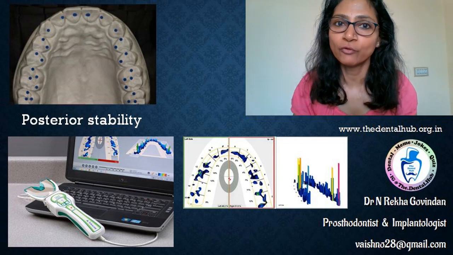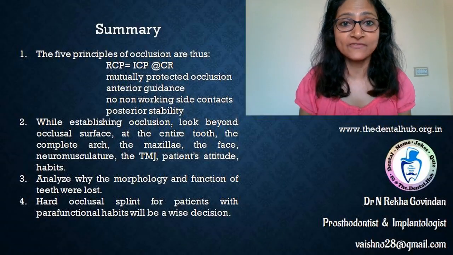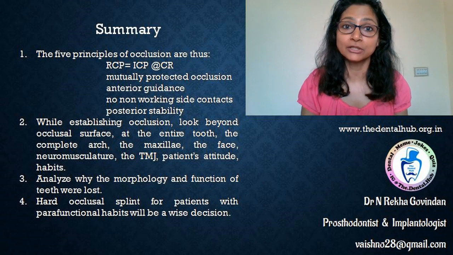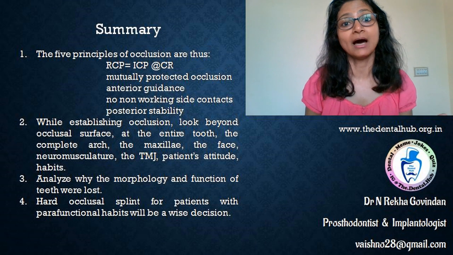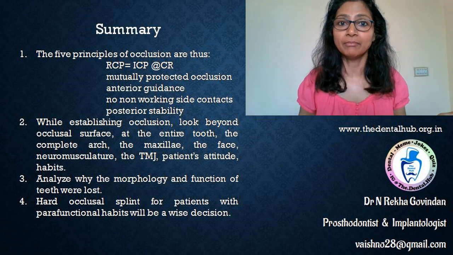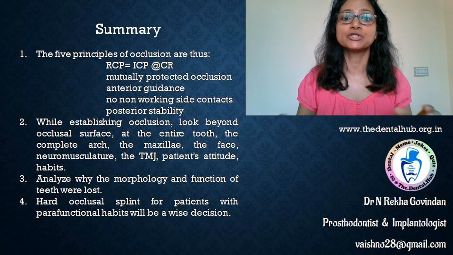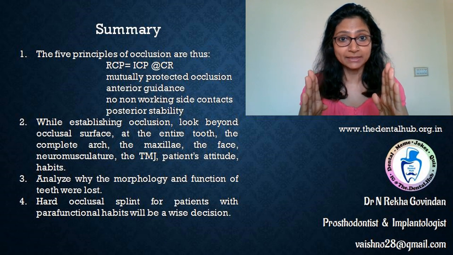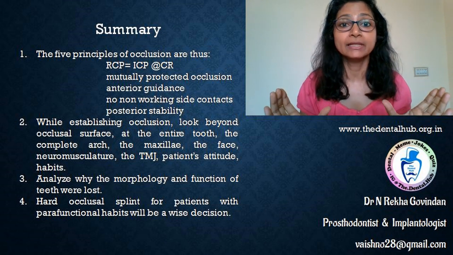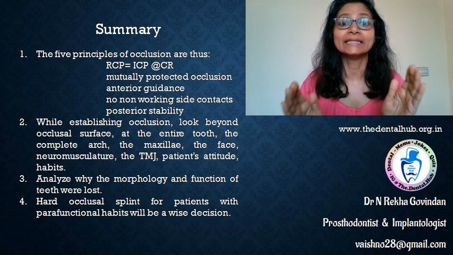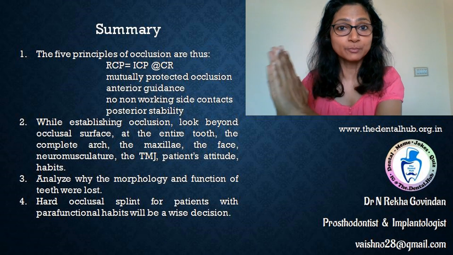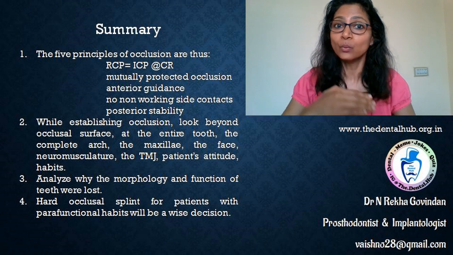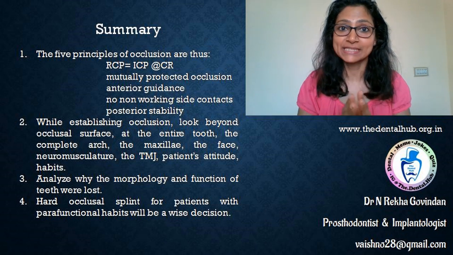So these principles are to be followed. You do not look only at the occlusal surfaces. You look at the contour and height of the posterior and anterior teeth. You look at the shape of the arch, the relationship of the maxillary and mandibular arches, both apicocoronally, buccolingually, anterior-posterior, three-dimensional relationship of the arches. You look at the patient's shape of the face, whether it is long and thin, dolichocephalic, or broad and heavy, brachycephalic. Okay, you look at the proportions of the face, both vertical proportions and horizontal proportions, upper third, middle third, and lower third, because that will help in determining the vertical dimension when you're establishing the occlusion.